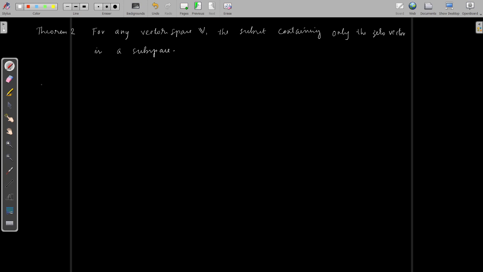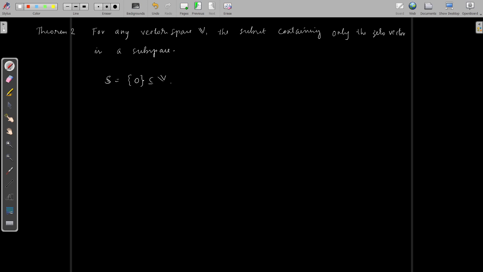Hi all, today we have theorem 2. In this theorem, we will discuss an important subspace of a vector space called the trivial subspace. Let V be a vector space. If you consider a subset of V consisting of only the zero vector, we will prove this is always